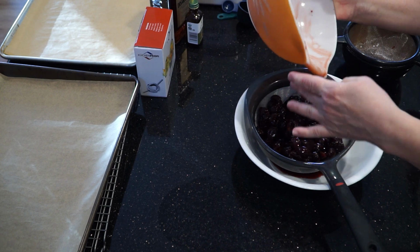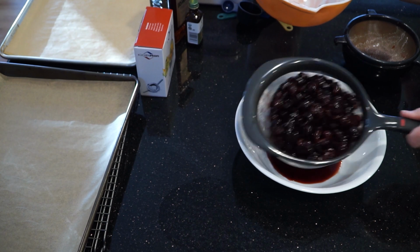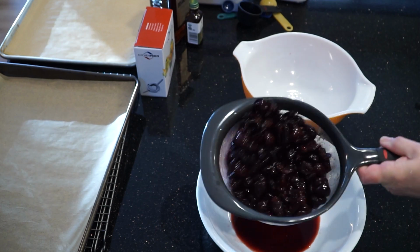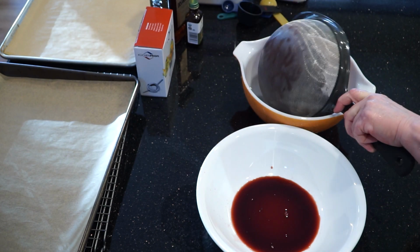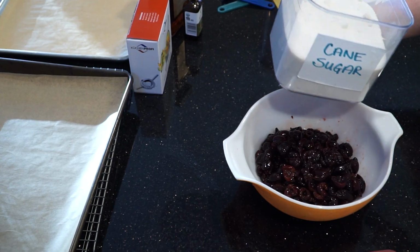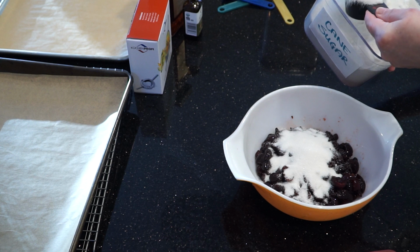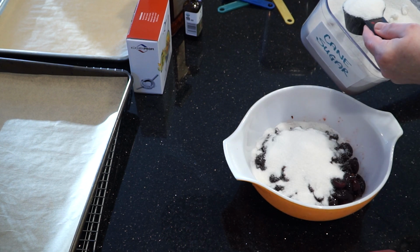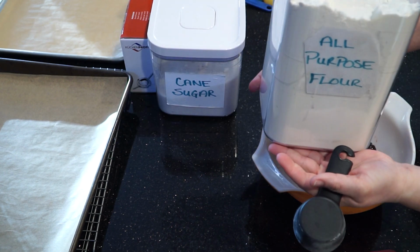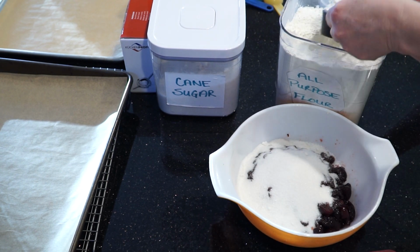So the second draining, and I will wash the other bowl. You see there's still juice coming out of them. By the time you're done filling all your dumplings, it will seem like there's too much juice again. To the cherries, we will add 3/4 cup of cane sugar, 1/4 cup of all-purpose flour,